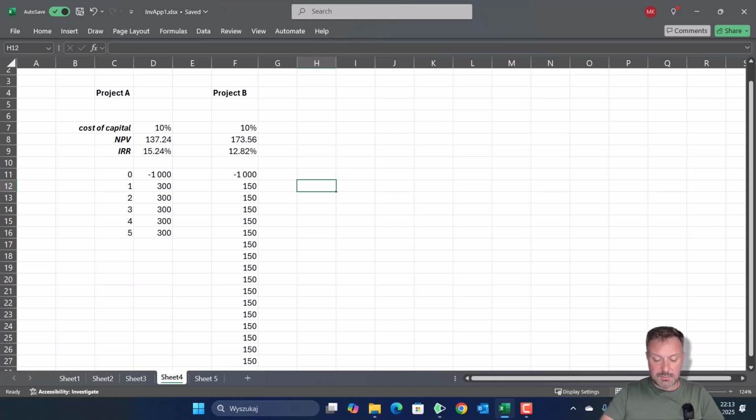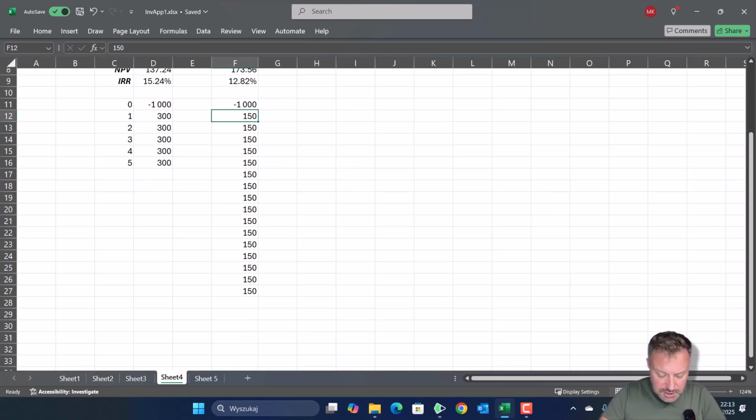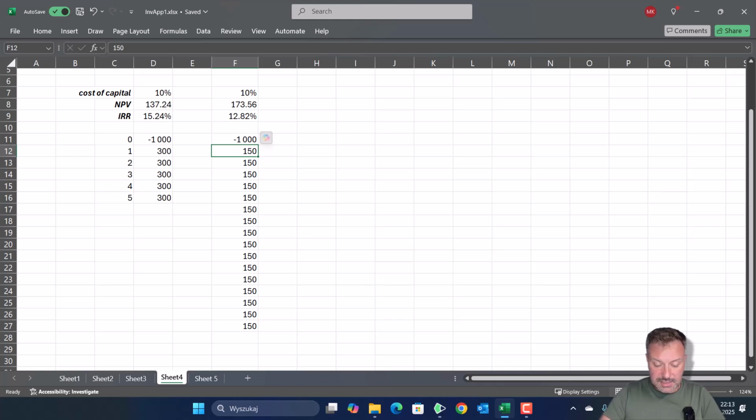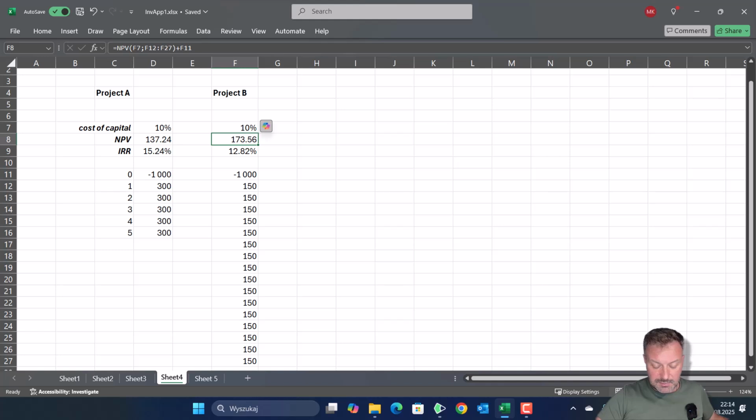Project B is much longer. I don't know how many years, but definitely much longer than project A, and it only offers 150, but for a greater number of future periods. What I have here is that I calculated the NPV. In this case, I used the NPV formula to calculate that of the two projects. As you can see, NPV of project B is higher than NPV of project A. Then I calculated the internal rate of return of both projects, and as you can see, project A has a